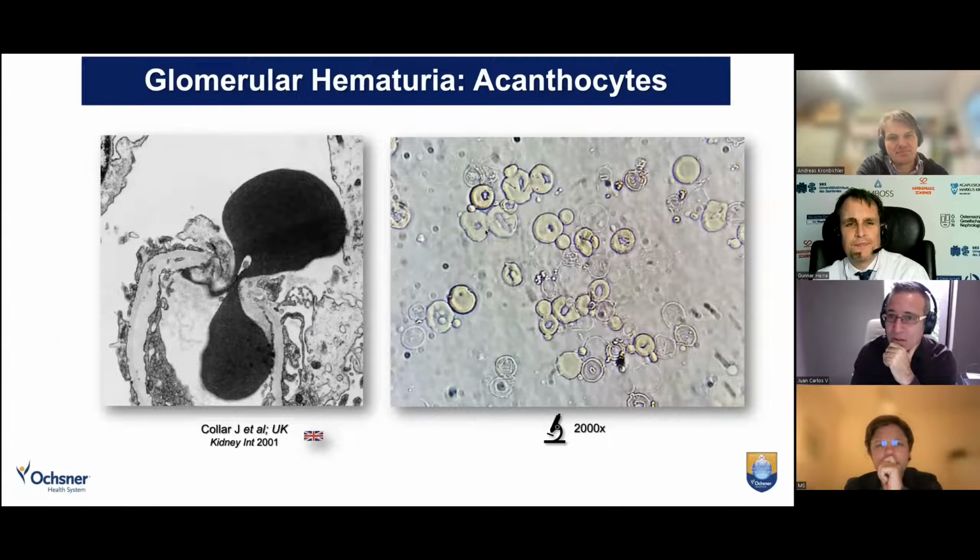dysmorphic appearance of red blood cells, which are called the acanthocytes. This is a really fascinating image from Colorado in the UK. On the left panel, an RBC trapped in the electron microscopy as it crosses through a disrupted glomerular basement membrane. And this is one of the images that perhaps suggests that the formation of these blebs occurs at that time. But again, this is all speculation. We don't have clear understanding why those protrusions are formed, but definitely become very, very unique, as you can see